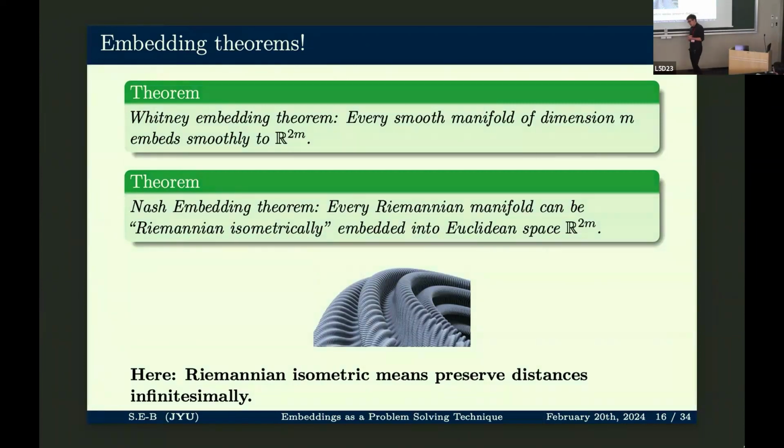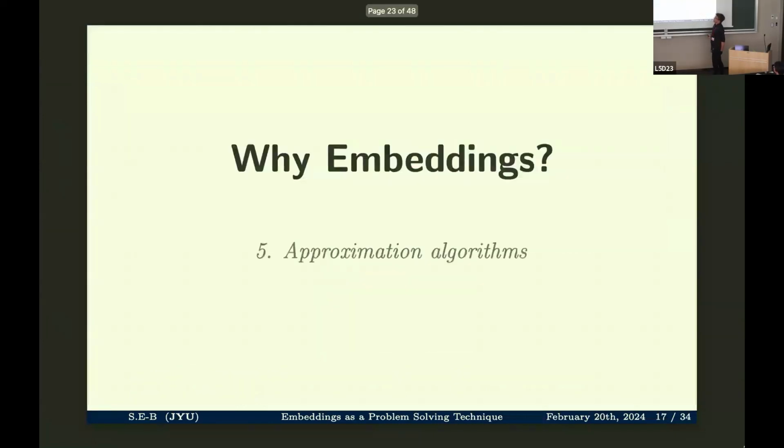The reason that it's a bit fractal is that you cannot actually embed the flat torus in a smooth way in three-dimensional Euclidean space. You need 4 dimensions for that, but you can do it in less regularity in 3 dimensions. Okay, so it tells us something about the relationship between extrinsic and intrinsic notions. It gives us more tools to study a space because we can first embed it and use the ambient structure